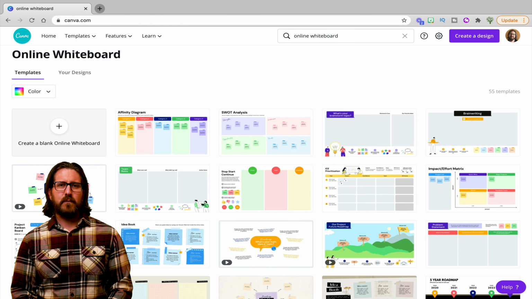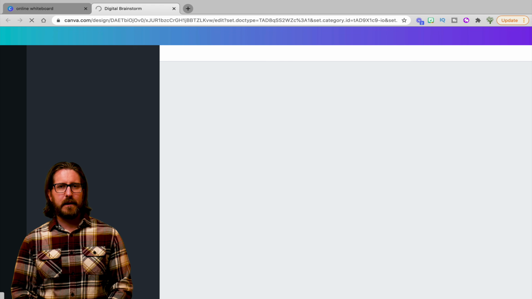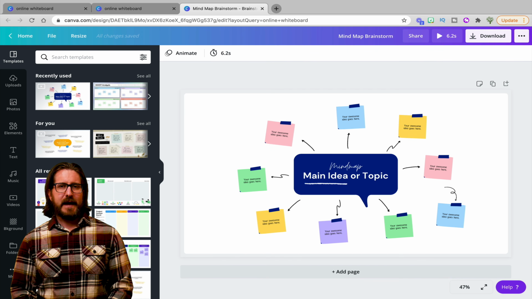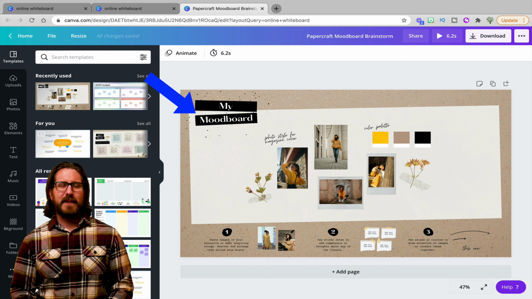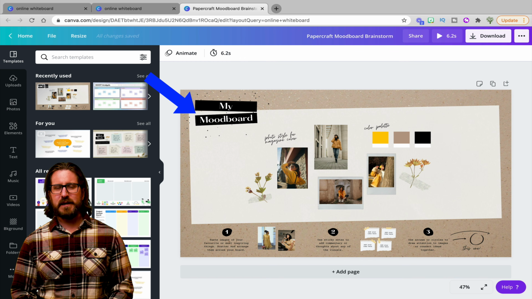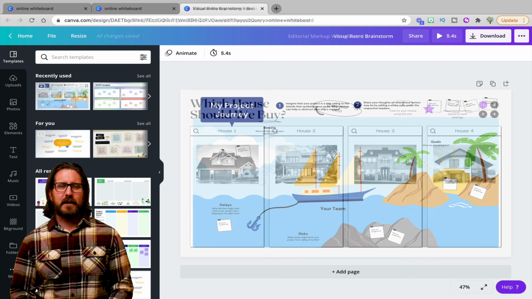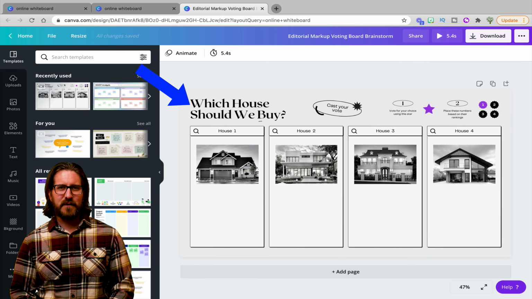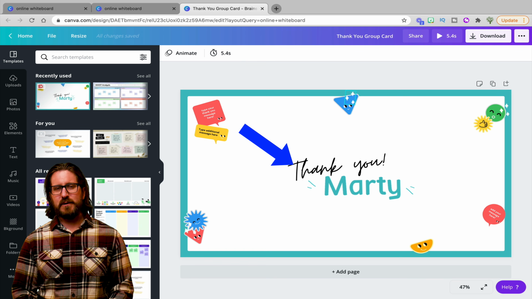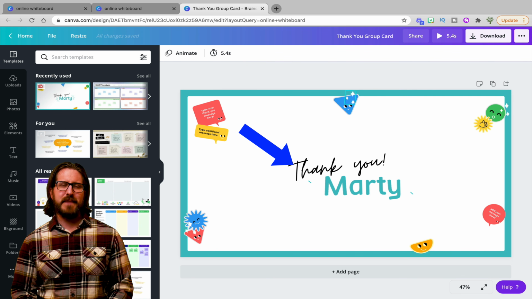There are lots of other pre-made whiteboard templates in Canva that are worth checking out. For example, they have brainstorming templates that you could use to have students collaborate on ideas for a group project. They have mind map boards that you could use for students to share what they learned about a topic or to prepare evidence for a research project. They have mood boards that students could use to share all about themselves as a way to build community. And there are project journey boards that a group could use to map out a strategic project plan. There are also voting boards that you could use to offer your students choice, and thank you boards that you could set up to have students share appreciations about each other.